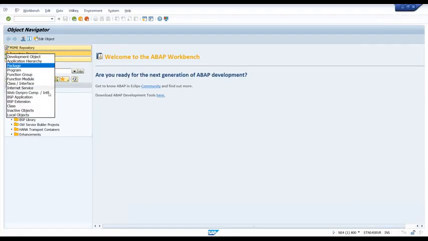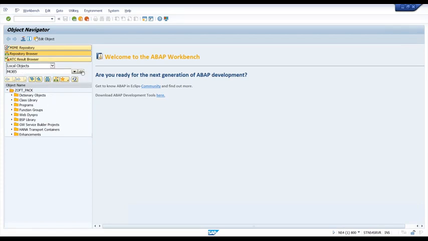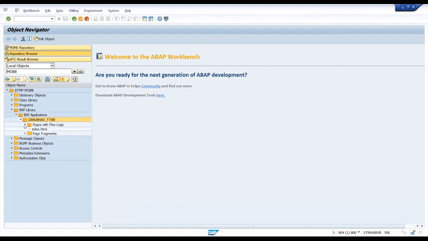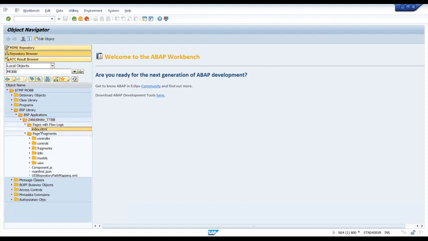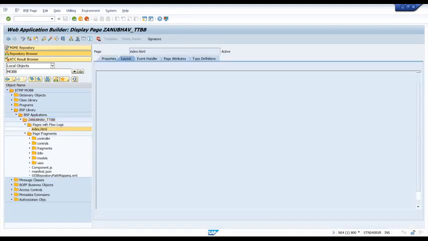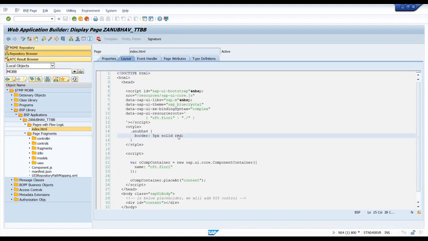And now let's go to local objects. Go to BSP catalog. Where is my BSP application? Okay, I think I used MOB8, guys. MOB8 user. And BSP library. Come inside. Voila! Z Anubhav TTBB, guys. You can see the system has created this application for you. That's your index.html for doing local testing. You can just execute it